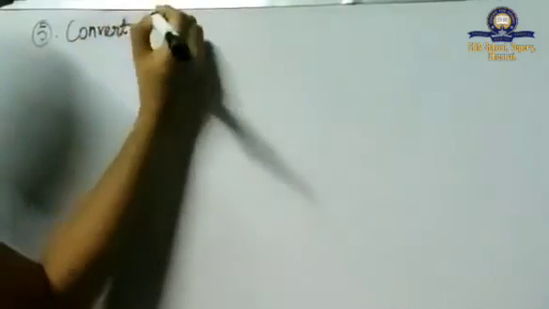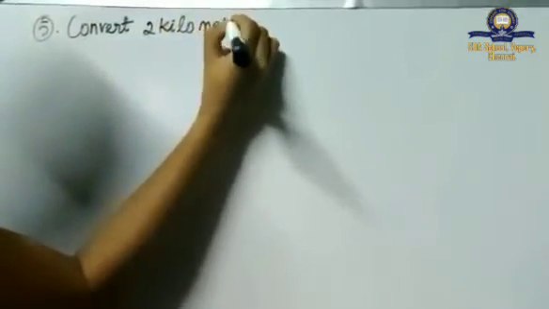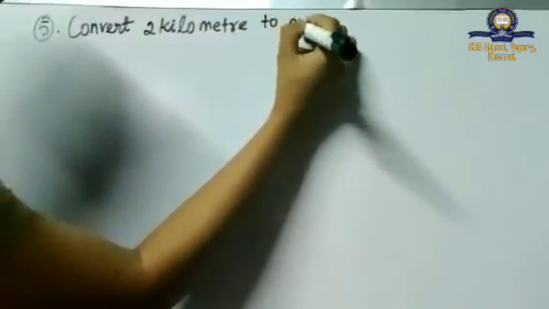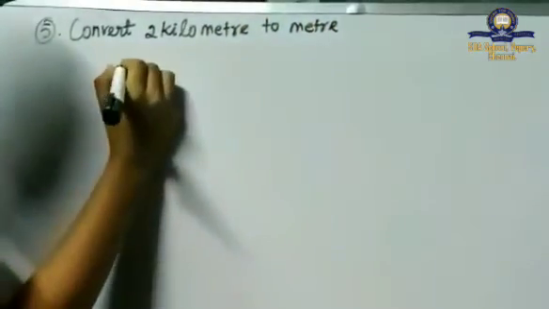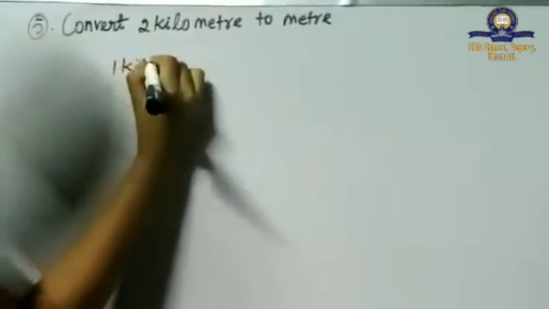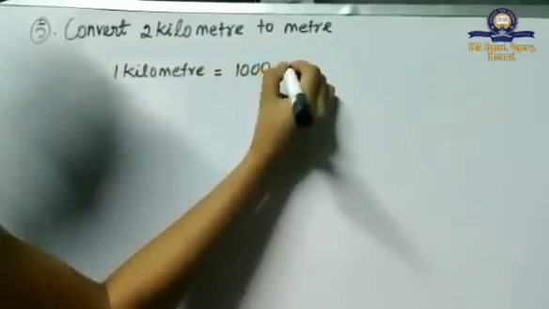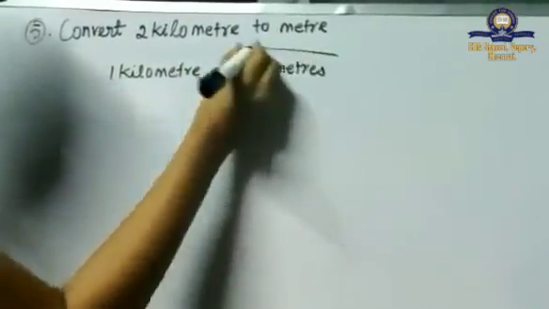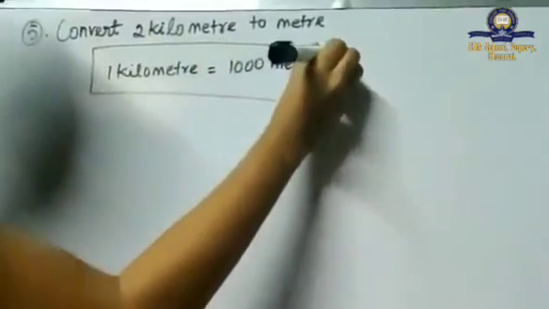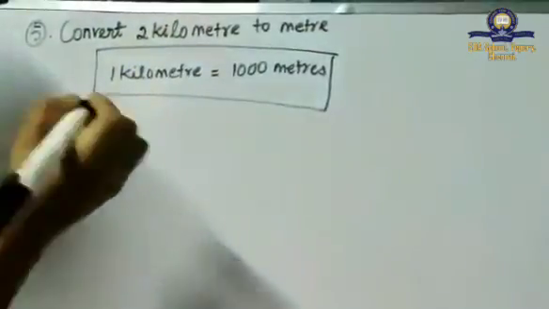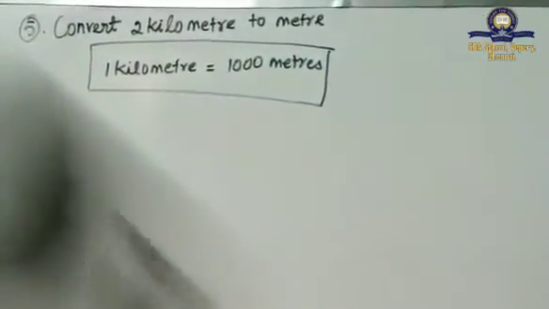So next we move to the conversion of kilometer into meter. So you should convert 2 kilometer to meter. We know that 1 kilometer is equal to 1000 meters. So when you convert 2 kilometers in terms of meters, you are going to multiply the value because conversion of